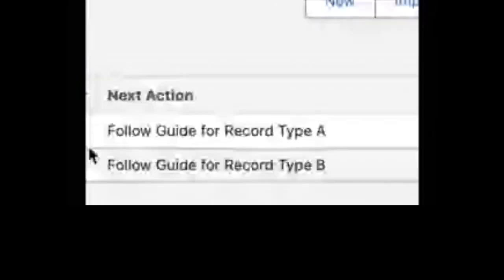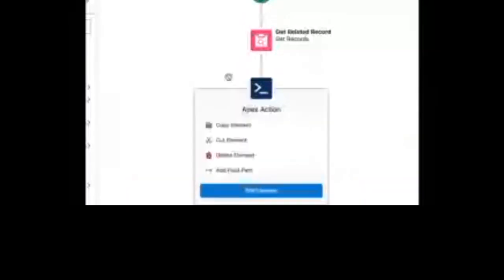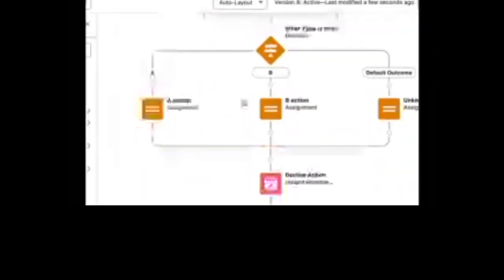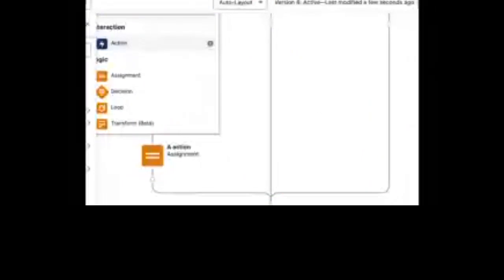Save it. And now I get the correct values. Guide for A, guide for B. And so I can sprinkle these in wherever I want. You can sprinkle in all these little things, these little debug statements. If I want to see what was going on over here, I could add one here that says just something as simple as,